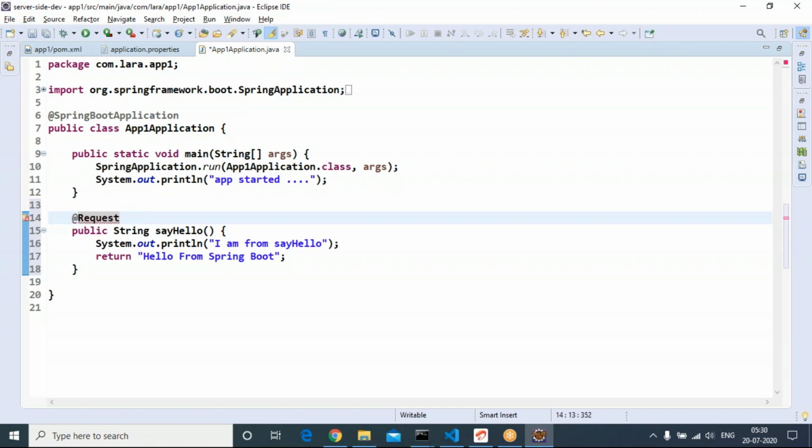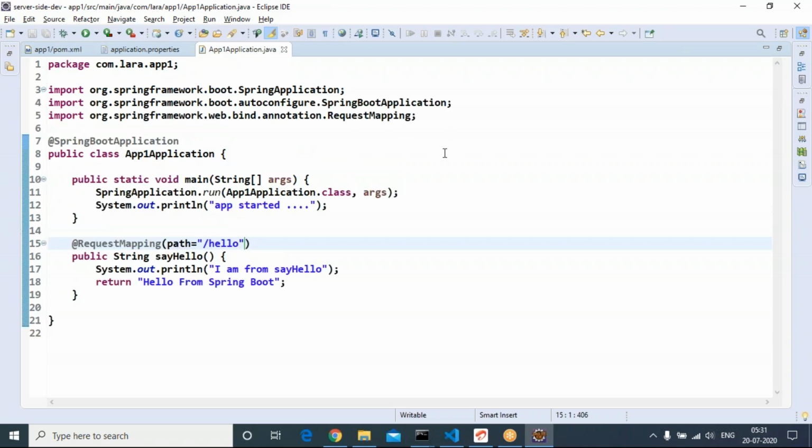Request mapping. Path is equal to /hello. First time you may be committing a mistake, so please observe all the statements. I am from sayHello.